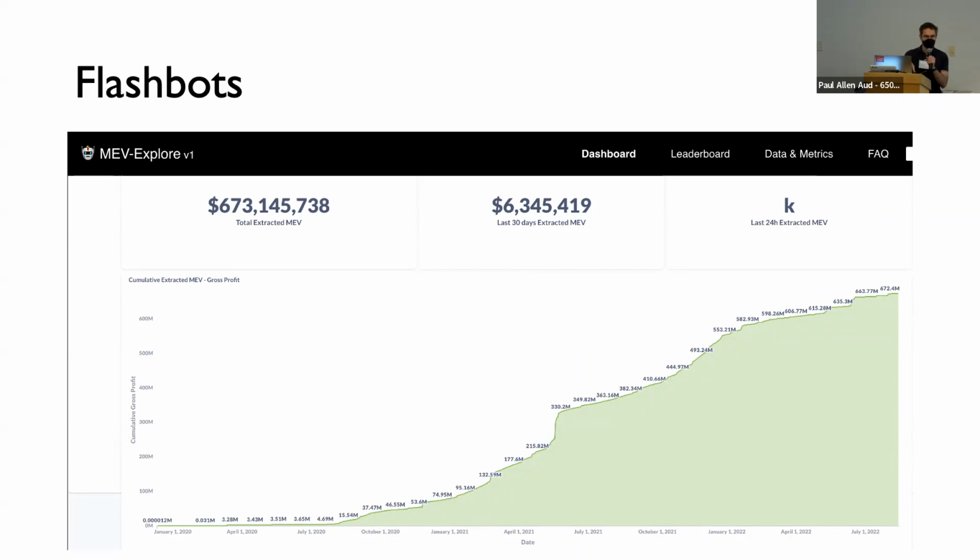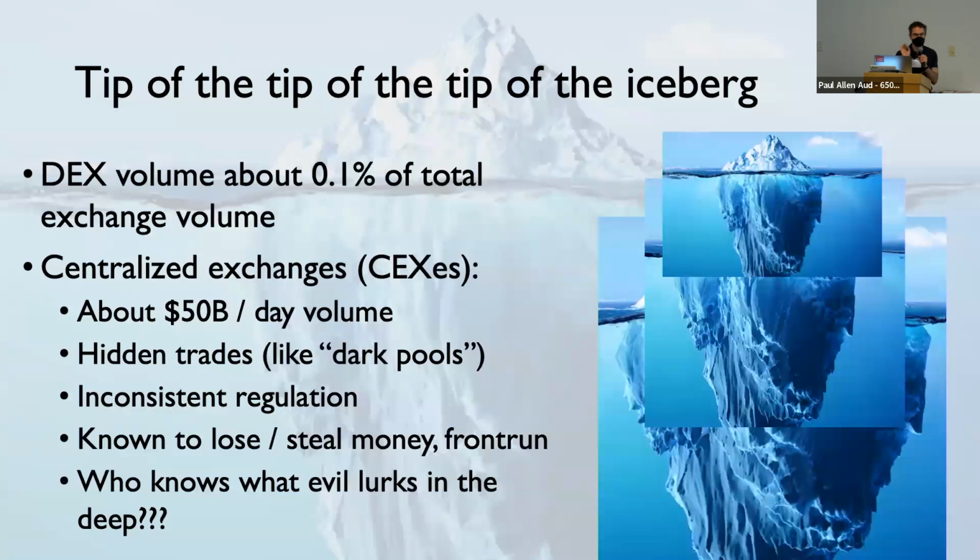It's considerably more than this in decentralized systems, DEXs as they're called, decentralized exchanges. And you also have to realize that DEXs are just the tip of the tip of the tip of the iceberg. And I mean that in a literal sense, right? 90% of an iceberg is below water. 1/1000th of all cryptocurrency trading volume, when I last looked, is on DEXs. The rest is in centralized exchanges, right? I guess we can call them sexes. I don't know what people call them for short.